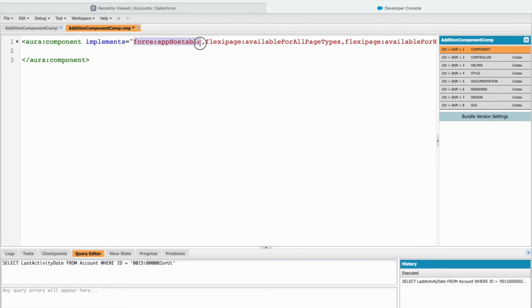So it says that your component is hostable on the entire application. Your component can act as a flexipage for all page types. It can act as a flexipage for the record detail page. It has the record ID because you might be using it on a record detail page, so it automatically stores the record ID if you implement this particular interface. So that's inheritance, right? And then you have forceCommunity:availableForAllPageTypes,